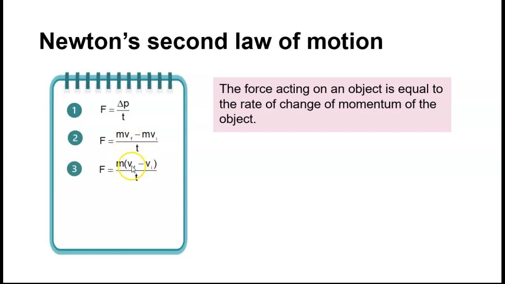And now I get the final velocity minus the initial velocity. But I'm going to pull that m out just a little bit farther, because now when I have the change in velocity on top over time, change in velocity over time is really the definition of acceleration. And so we find out that Newton wrote his second law this way in terms of momentum,